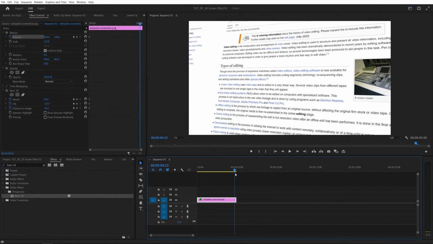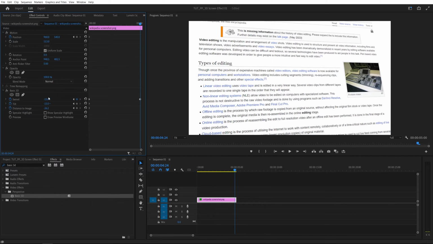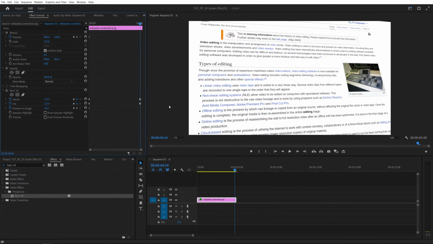Then move forward almost all the way so that you can see what's happening. And then let's adjust the values. So in this example, I'm going to swivel this to the other side, -15 degrees. And then for the tilt, we can increase this further to -22, why not? And if the blank space starts to show through, we can also increase or actually decrease the distance to image